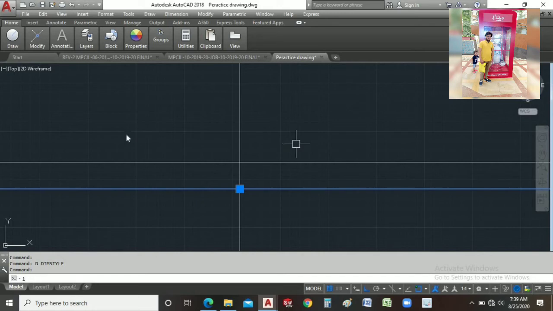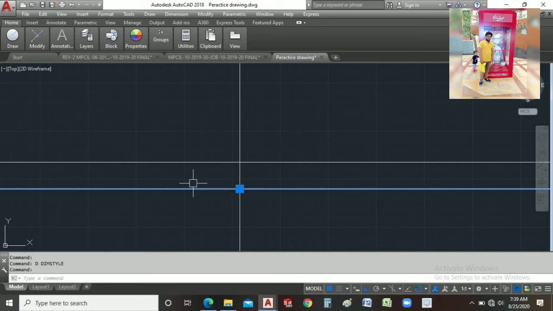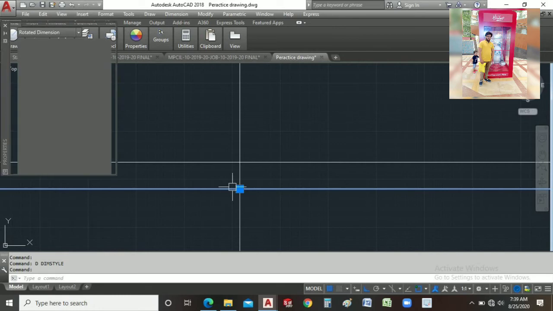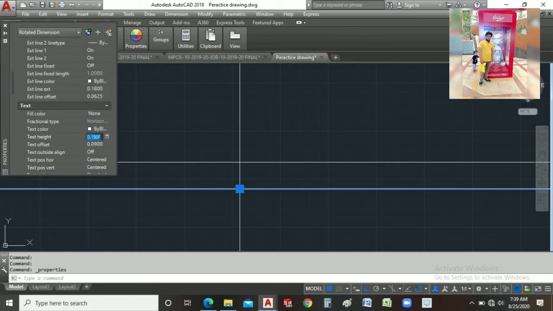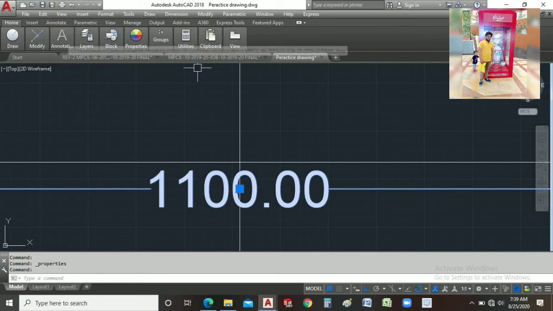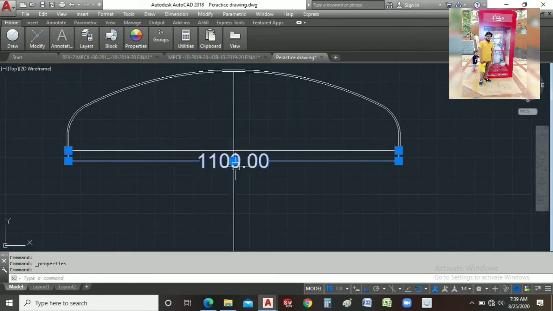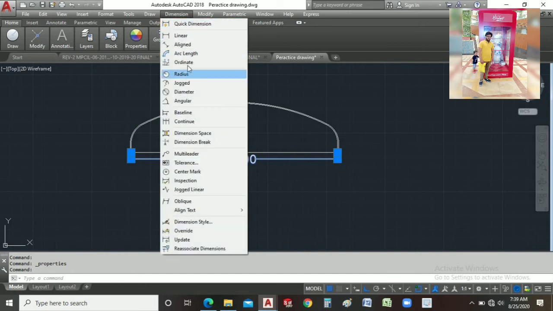Just give me a moment to increase the size of the dimension. Next side. Our internal diameter of this is 700.